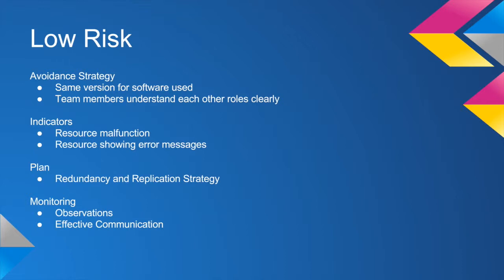The avoidance strategy includes ensuring similar versions of software being used, team members understanding their roles clearly. Indicators of a low risk occurring in this project include noticing malfunctions within the system, noticing error messages. The plan to address some of these risks is to ensure redundancy and replication strategy is deployed, while the monitoring for some of these risks could be done by observation and effective